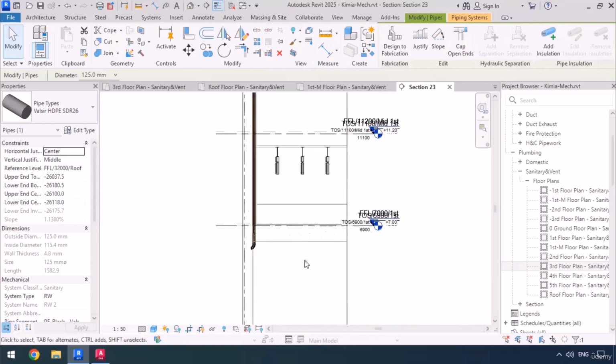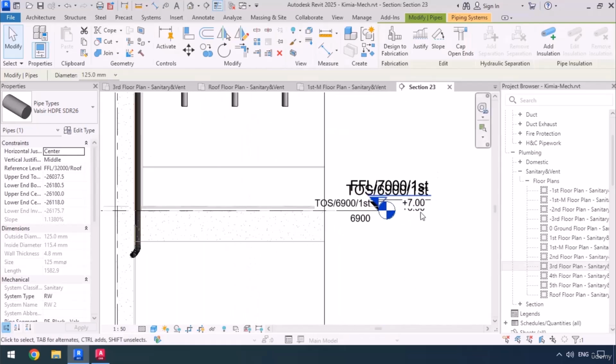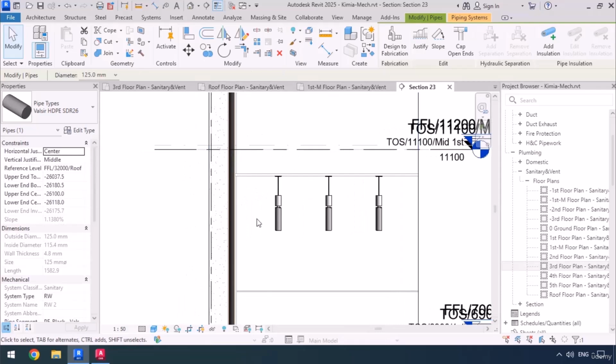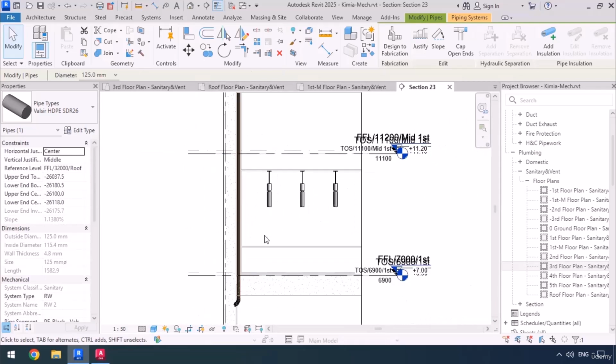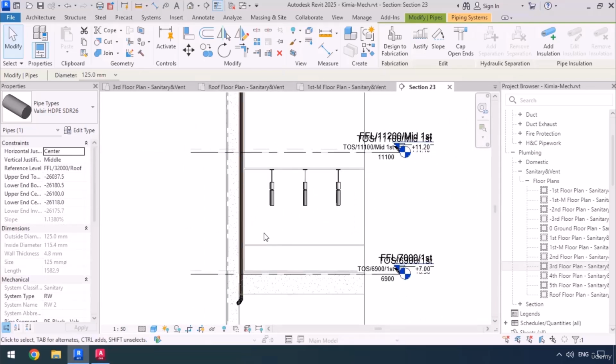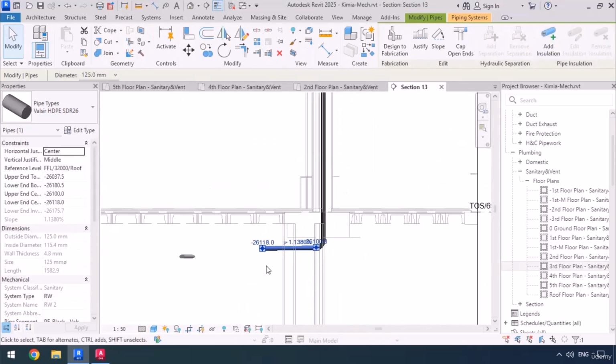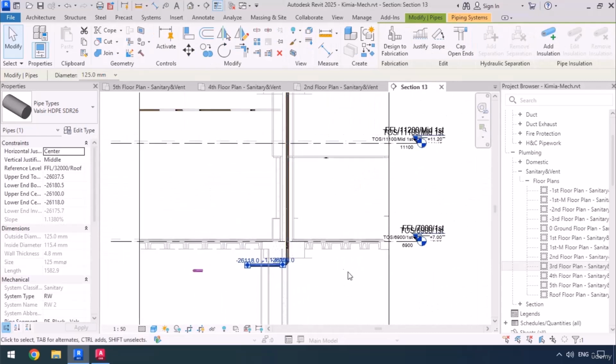Now let's go in the section to see how far we've extended this pipe, because we can see it in the first mid-floor, and as you can see it's down to the first floor, and there's also the first mid-floor above it, so maybe this change in direction needs to happen in the first mid. So now let's head back to this 45-degree section, and first we're going to select this pipe, then